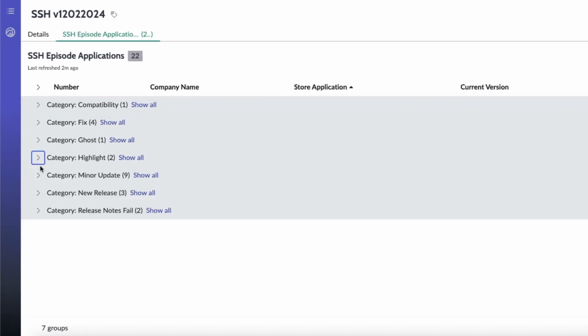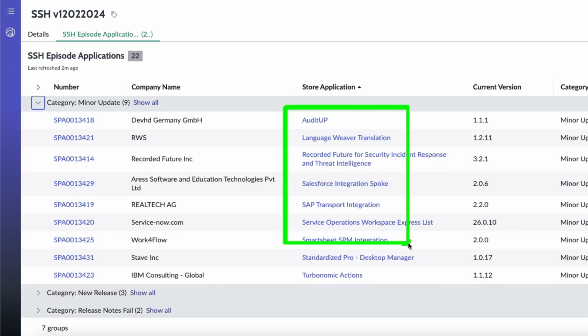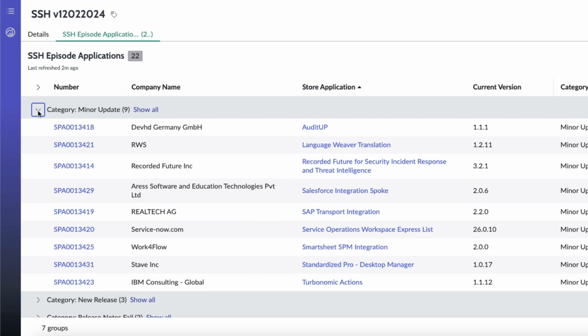We'll come back to these highlights. Let's cover the minor updates first. First up on our minor updates is Audit Up, then Language Weaver Translation, Recorded Future for Security Incident Response and Threat Intelligence, Salesforce Integration Spoke, SAP Transport Integration, Service Operations Workspace Express List, Smartsheet SPM Integration, Standardized Pro Desktop Manager, and Turbonomic Actions. All were minor updates, but like I said earlier, some of those had compatibility updates to Washington